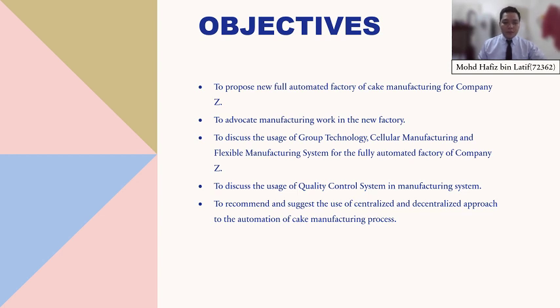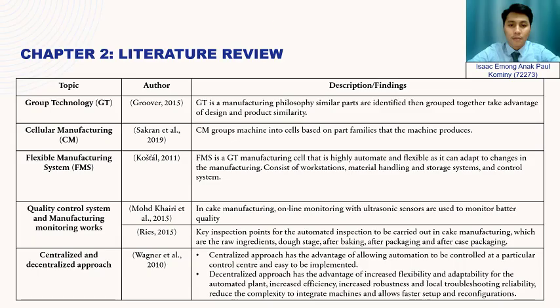The fourth one is to discuss the usage of quality control system in the manufacturing system. And the last one is to control and suggest the use of centralized and decentralized approach to the automation of the cake manufacturing process. So I will continue my presentation with